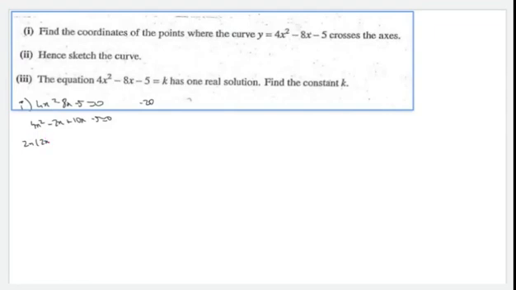Oh, you wanted the numbers to multiply to give minus 20, but add to give minus 8, right? Minus 8, so in that case it would be minus 10 plus 2. Yeah, so it should be plus 2 minus 10. Nice. So the coordinates are